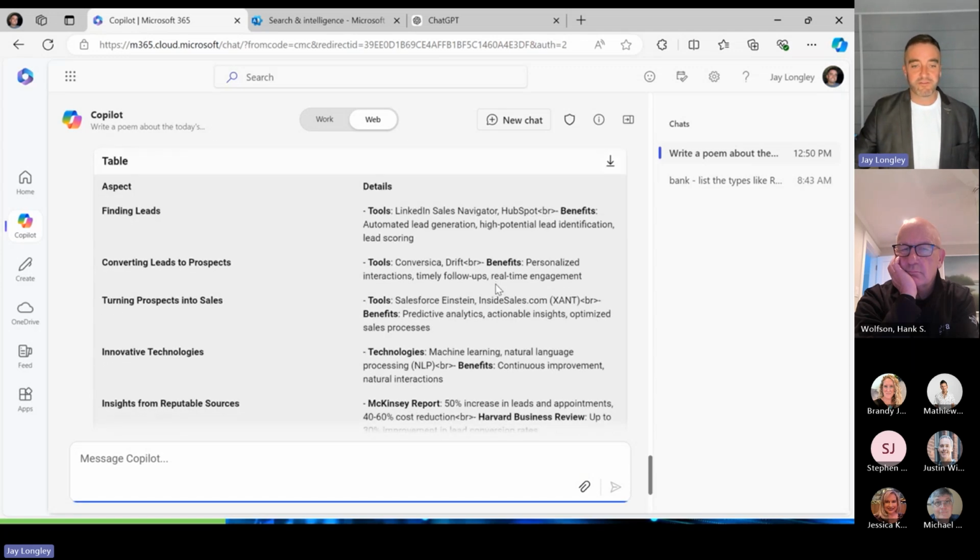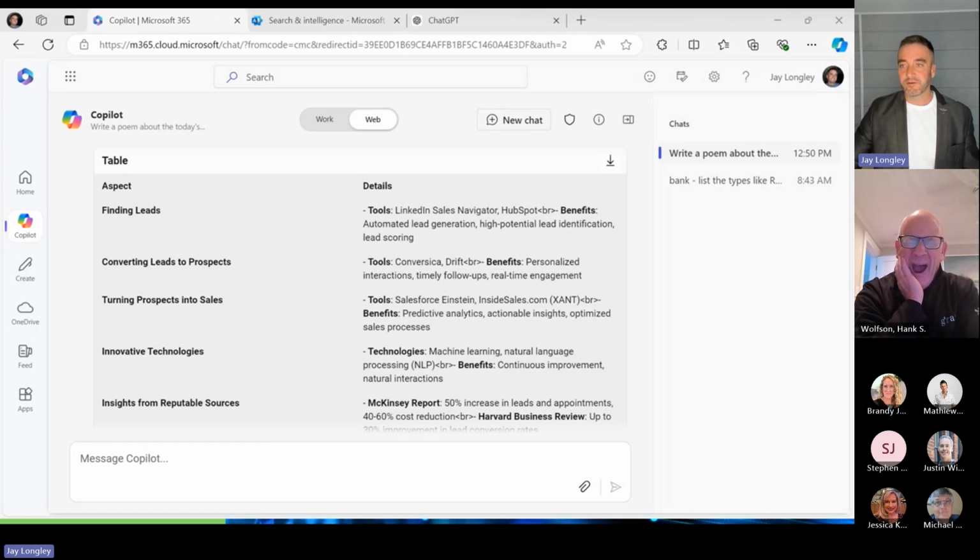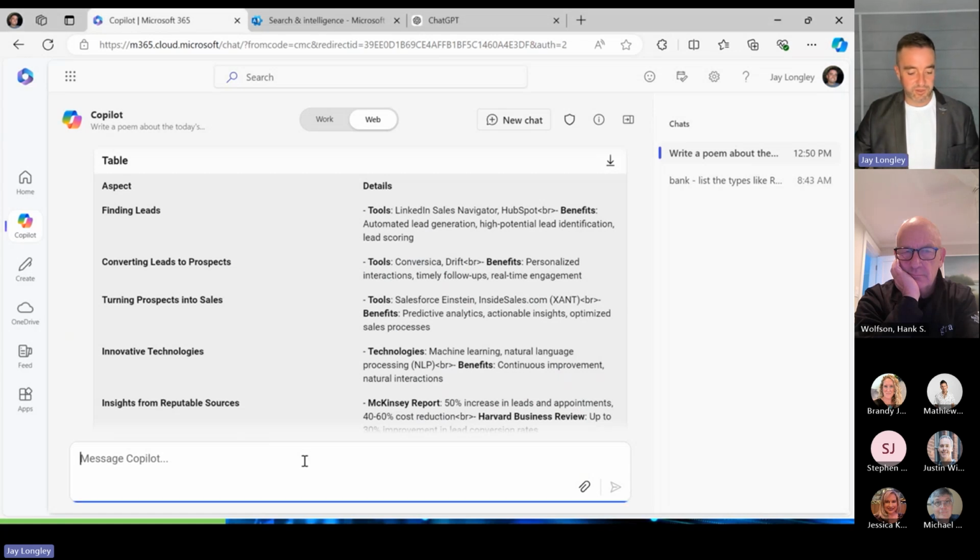Right, this is what we're looking at: finding leads, converting to prospects. So that entire article above, we're telling it to put in a different format, and there you go. Right. We can also do background. We've developed some pretty heavy, pretty intricate prompts on how to get background information on an organization,